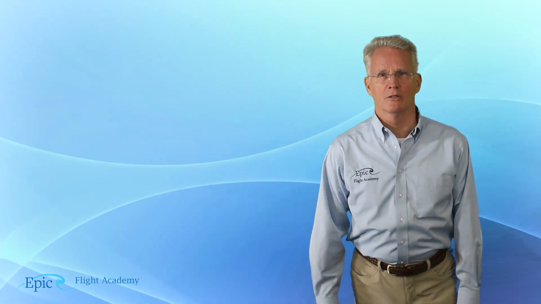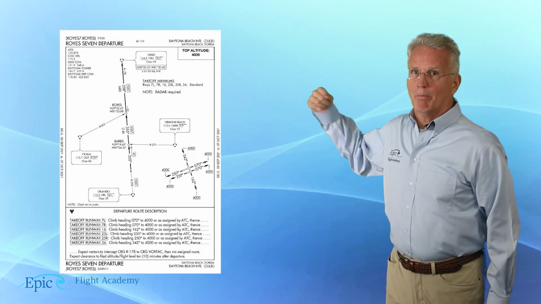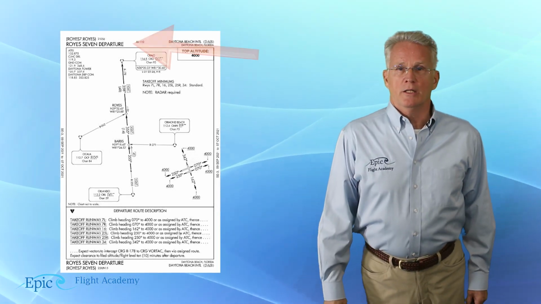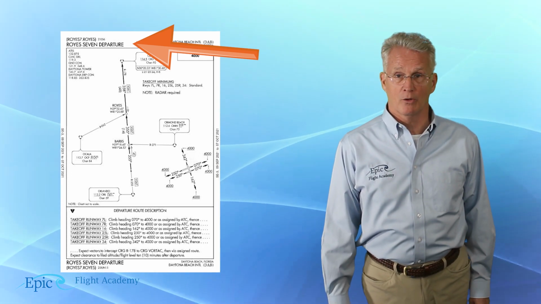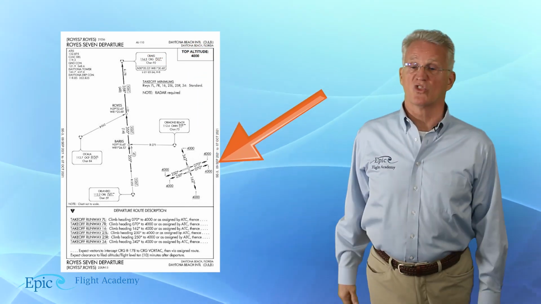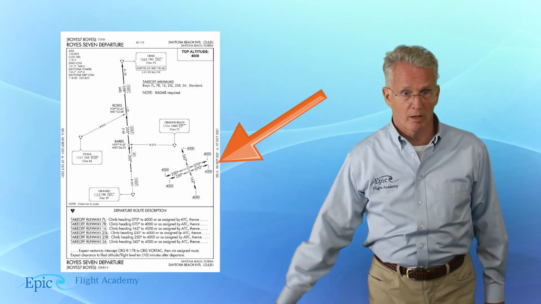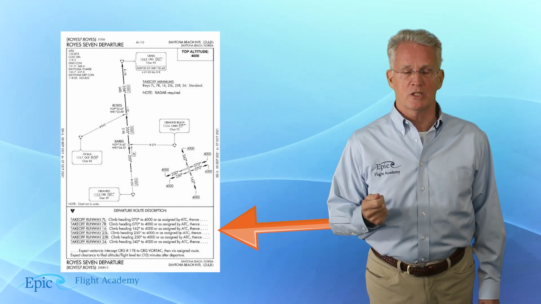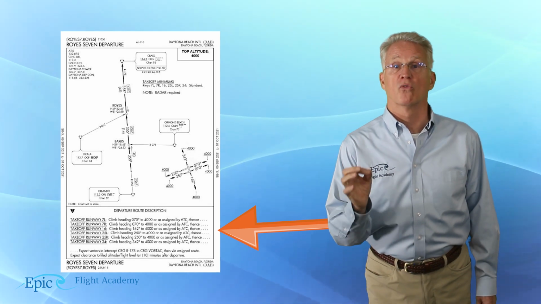Now, let's take a look at this graphic, and I want to walk you through some of the basic parts of the SID. Starting in the upper left, we see the procedure name and filing code. As we circle around clockwise, in the margin we can see the valid period for the SID. As we come around to the bottom left, notice we are pointing to the textual description of the procedure from